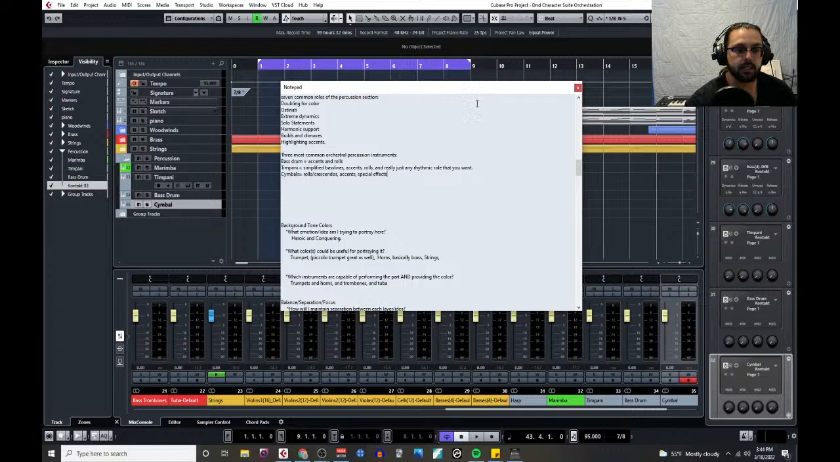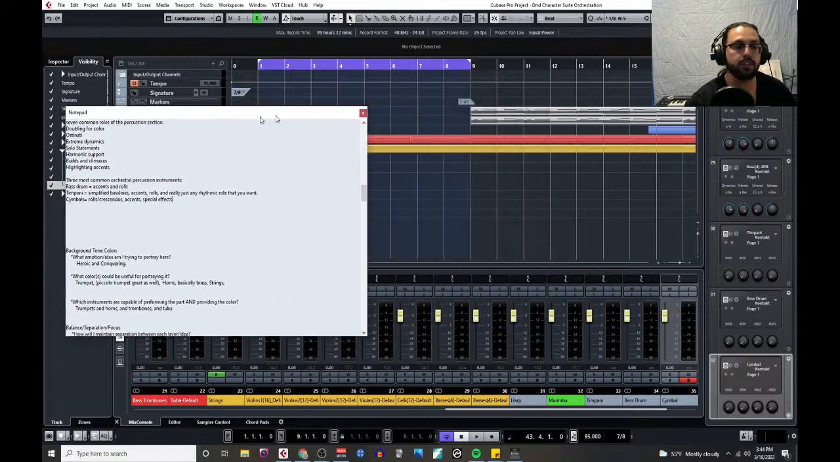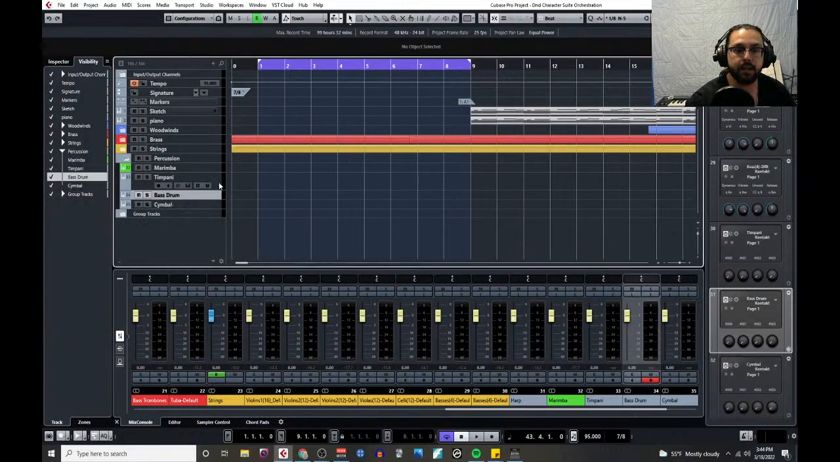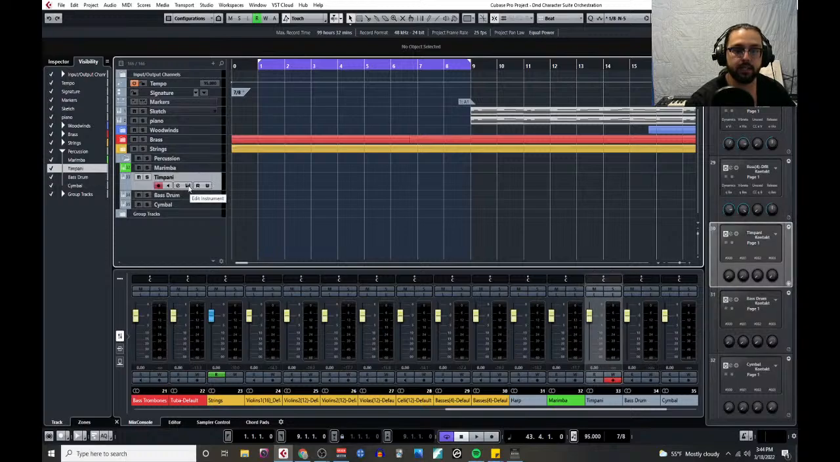Anyways, let's see here. Let's continue. I'm going to move this off to the side. You should have had plenty of time to take notes if you wanted. Let's start with the bass drum here. Actually, no, let's go with the timpani. The timpani has a bit of